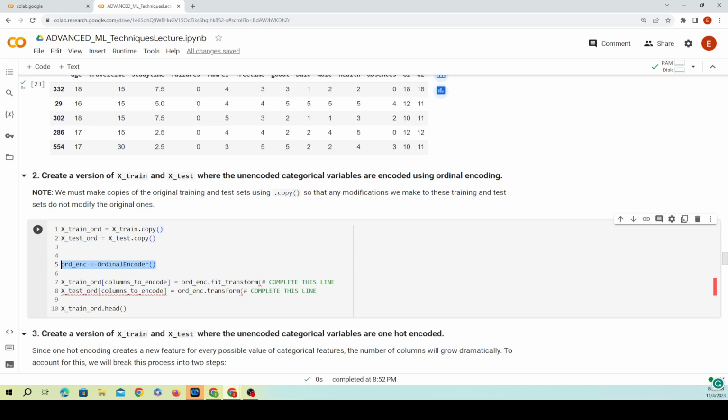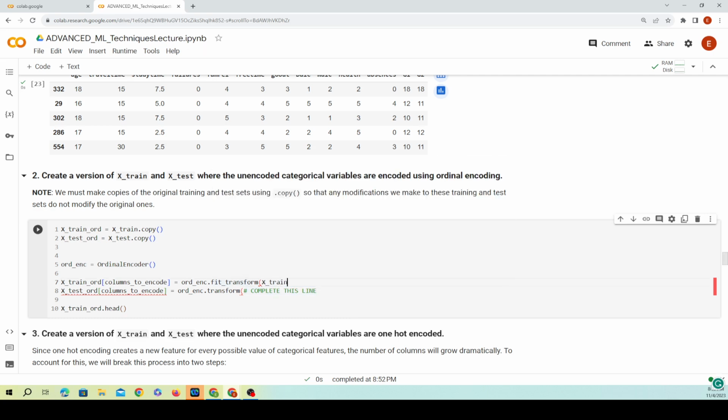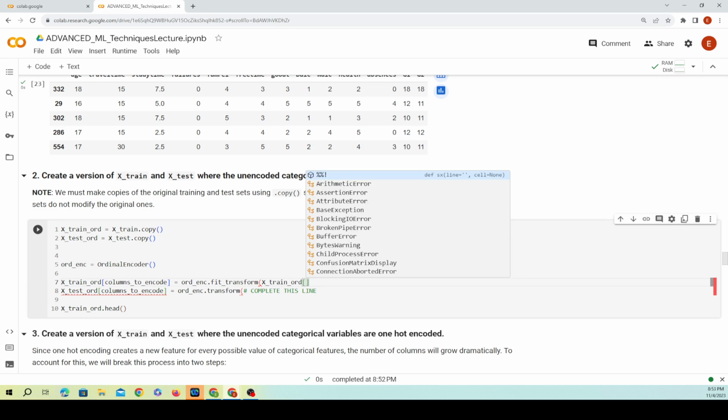We're going to create an object for the ordinary encoder, and what we're going to do here is take our columns, take our data. This represents the whole thing right now. And what we want to do is just select the ones that have a string